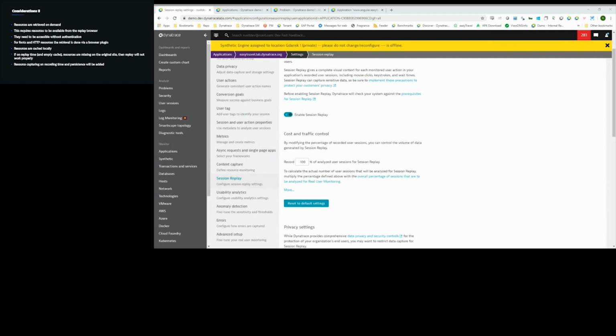But currently, as things stand right now, we are replaying the DOM elements, and then when it goes to replay that, any style sheets, images, and so forth, any of those static objects are going to be requested during the replay as if the user was replaying that. So what that basically means is that those resources need to be available from where the user is doing the